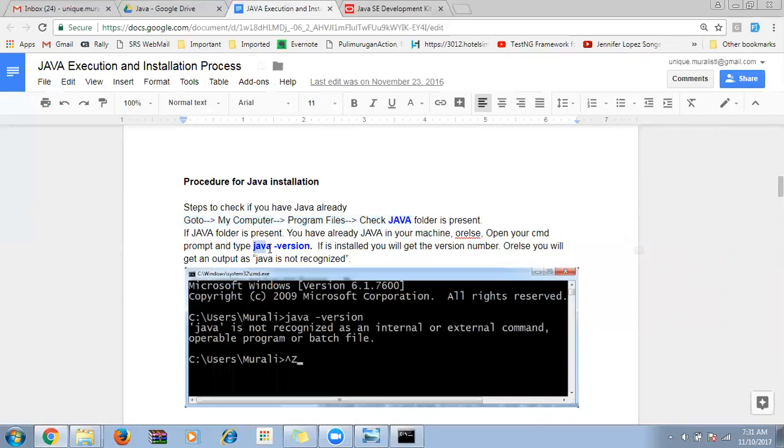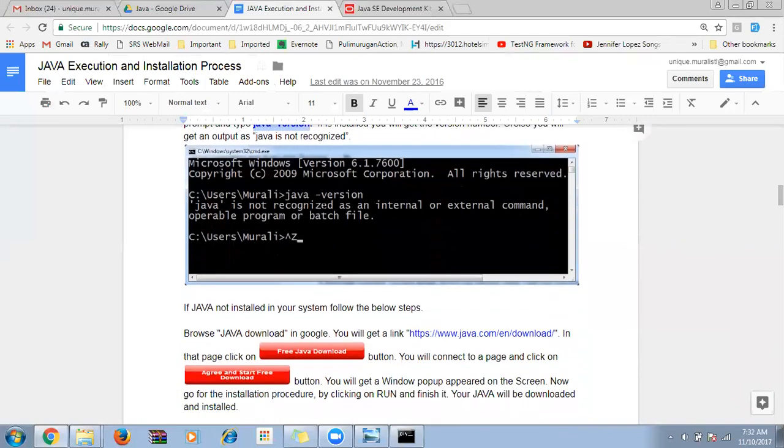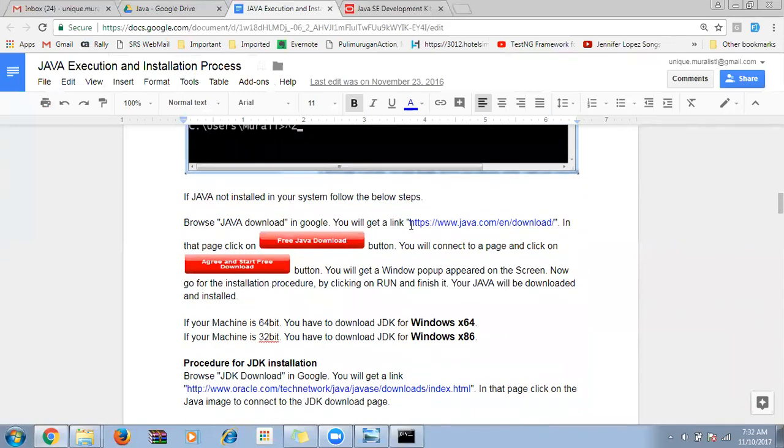Otherwise, if not present, you can just type java -version. If it says Java is not a recognized command, you need to install Java. For installation, go to the specific URL, click on free Java download, agree, start free download, then select your